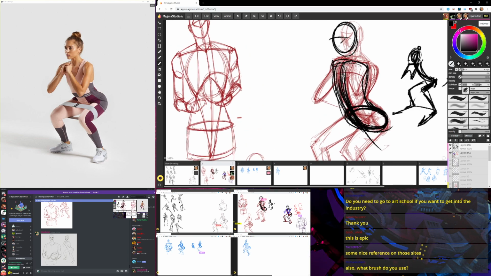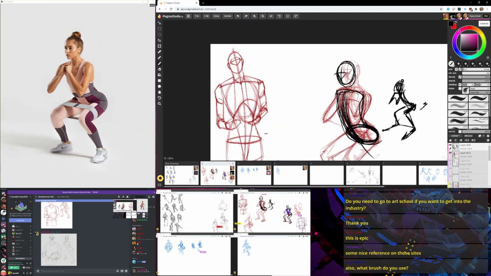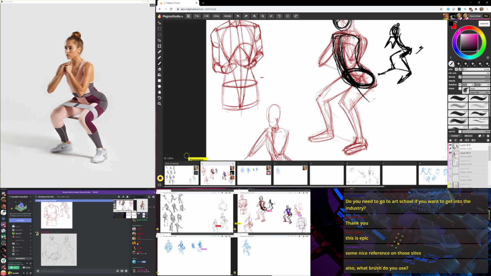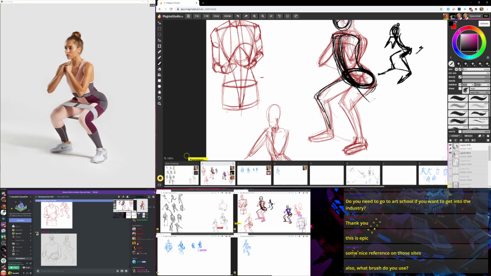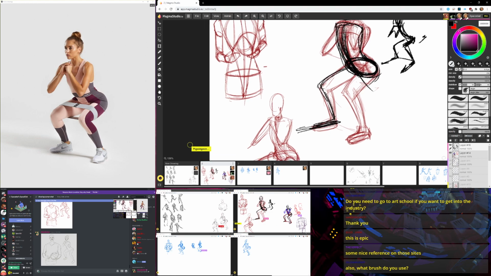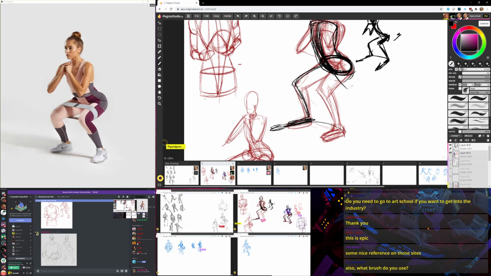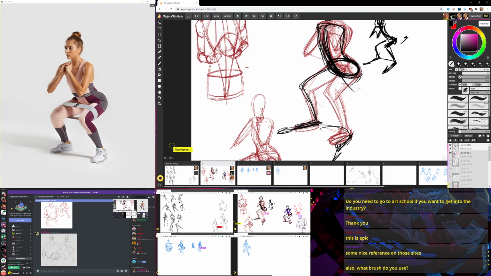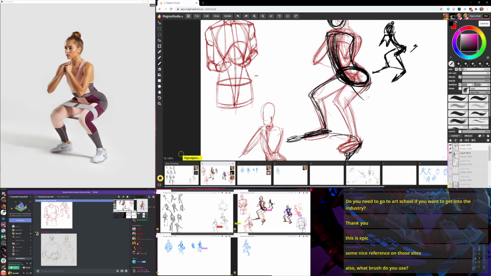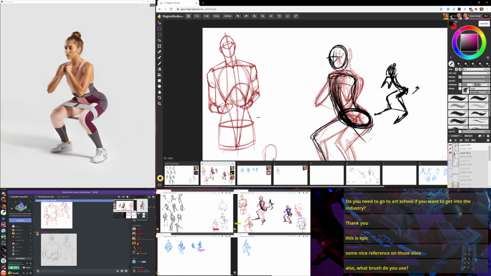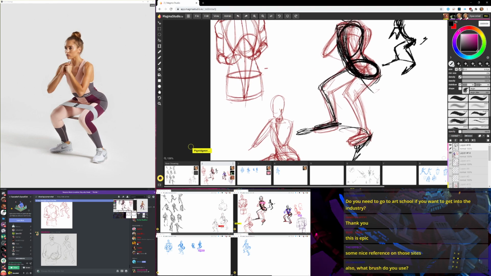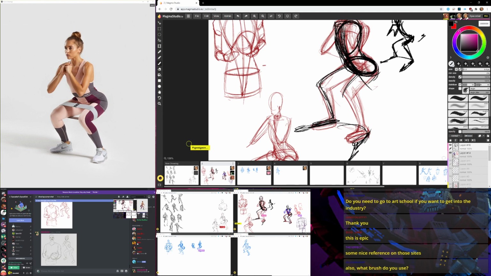I'm drawing really dark right now, but when you do your initial posing stuff, you can do basically what I'm doing here, but light. Like a light touch. So that foot is going back over that, pointing off that way. This foot is going this way. This demo is also a means for me to revisit the pose a little bit too. So this is also handy practice for me.